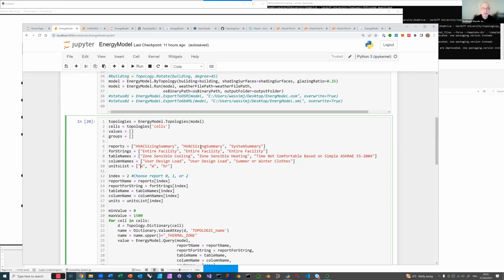The next one is also sizing summary, also for the entire facility, but it's zone sensible heating, and it's also user design load, and it's also in watts. The third thing I'm getting is system summary, for the entire facility, and as I said, time not comfortable for summer or winter clothes. The units of that is hours. So I'm going to copy these over just to speed things up a little bit